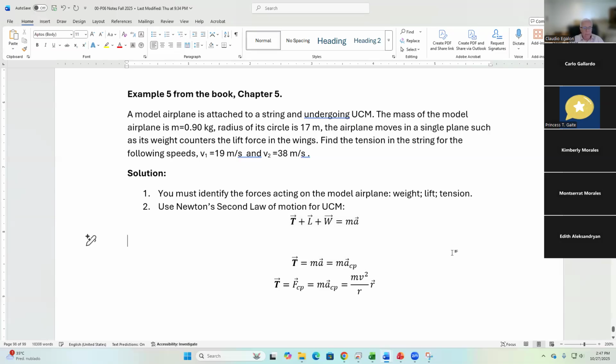The centripetal acceleration is v squared over r, times r hat. Let's not forget that it's in the negative direction of the r hat vector. R hat vector is always away from the center. Consequently,